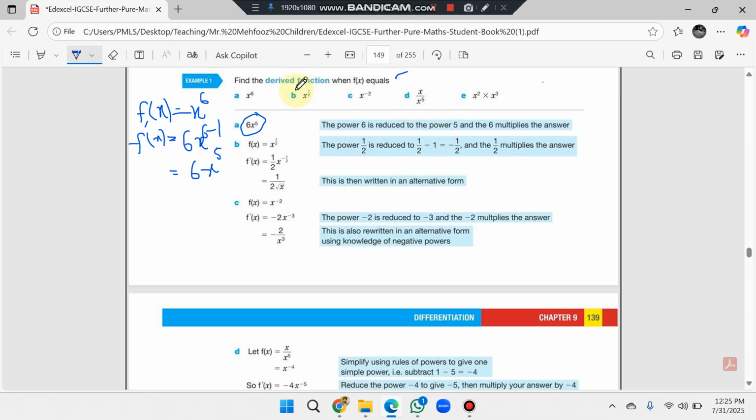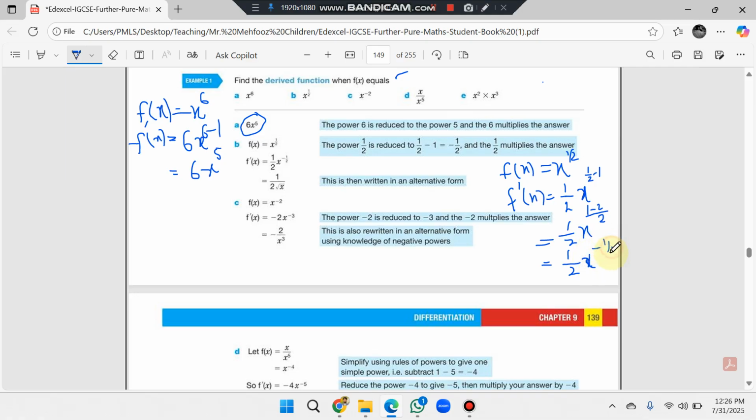Yes. Next one is part B. We have to find the derivative of x raised to the power 1 over 2. Now again f of x is given as x raised to the power 1 over 2. So we can write it as f prime of x is equal to 1 over 2 goes on the start, the power, whatever the power goes on the start, x raised to the power 1 over 2 minus 1. So it will become 1 over 2 x raised to the power, when we take the LCM, it will become 1 minus 2. So you can write it as 1 over 2 x raised to the power